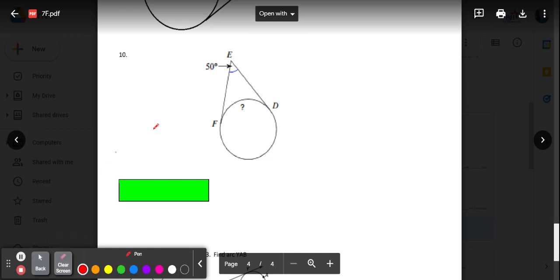Okay, I'm just going to go over this video here to sort of help us with our warm up. This also goes over the back of 7F, when we have two tangents forming an angle on the outside of a circle, and we have to try to find what these two arcs are. And so fourth period, we did this yesterday, but just to review, we're going to have to do a system